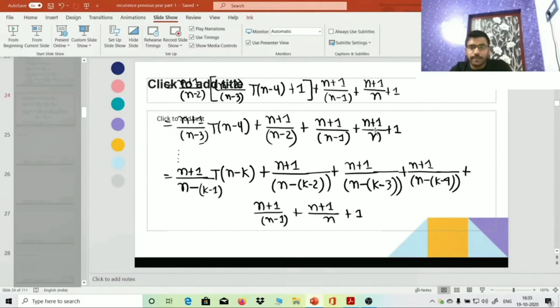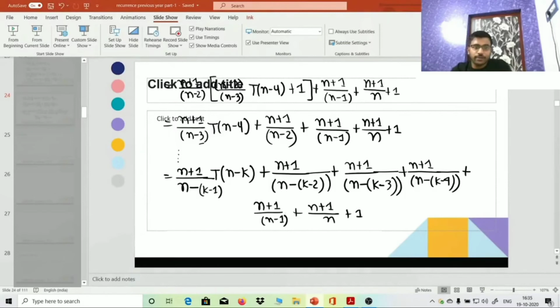See, in place of that, it went like this, (n+1)/n, that I hadn't written. While doing the copying, I just missed that one. (n+1)/n, I have written till (n+1)/(n-1), but (n+1)/n I have not written. So that's why I am not able to substitute with the formula, because the Hn should go till n. Okay, see, this is the equation.